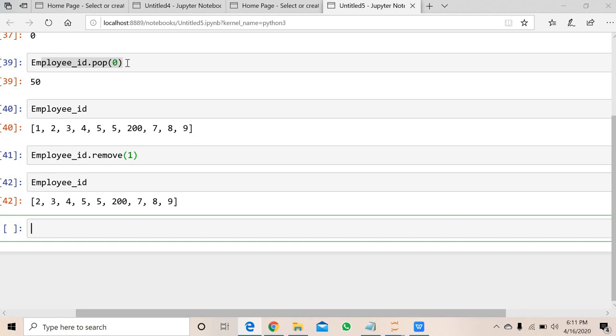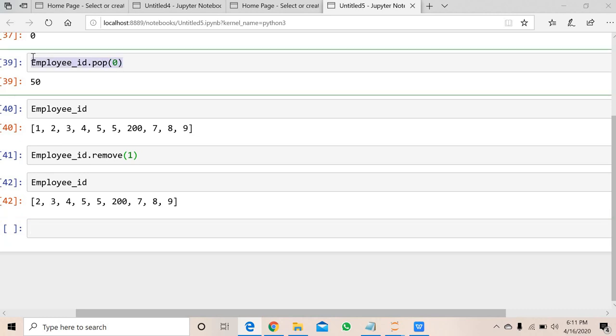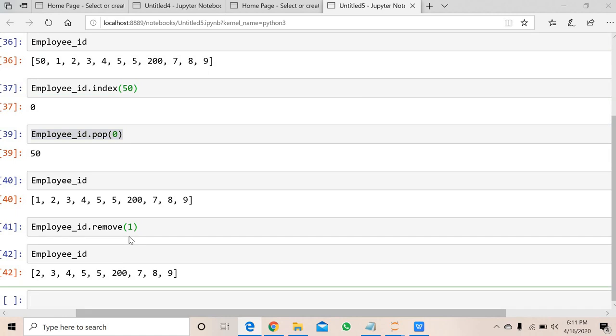In the pop function, we have to give the index of that particular element. In the remove function, we have to give the element itself from that list. These are the two differences between the pop function and the remove function. Go to the next one.